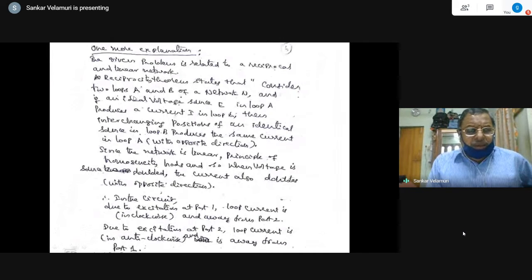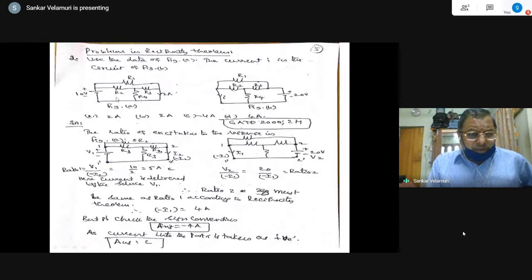Consider the two loops A and B of a network N, and an ideal voltage source E in loop A. They are saying that this is loop A and this is in loop B, naturally. There are other loops in the circuit also, but between two loops, the source must be in one loop. The excitation is in one loop, the response is in another loop. So between the two loops,